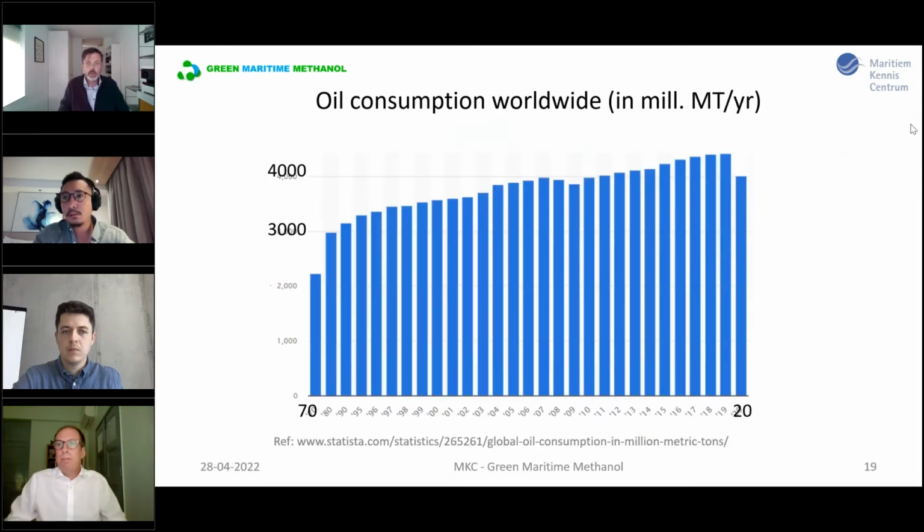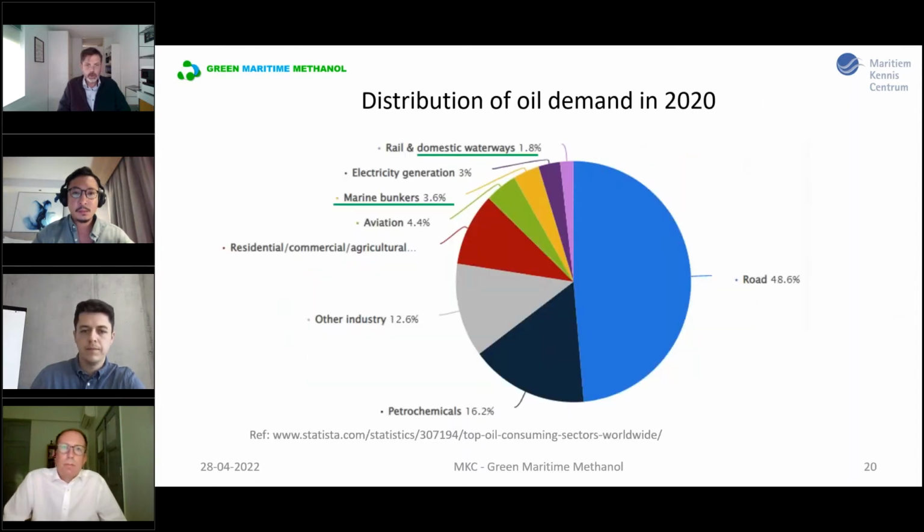If we look at the oil consumption worldwide, and this is from a website, Statista, the oil consumption is about 4,000 million tons per year, and that has grown. Of course, 2020 is a little less because of COVID. If you look at the distribution of the oil demand over the different sectors on the next slide, we see that maritime, marine bunkers, but also domestic waterways make up about 5% of this fuel. So the 5% of the 4,000 is about 200 million tons that are needed in oil for the maritime